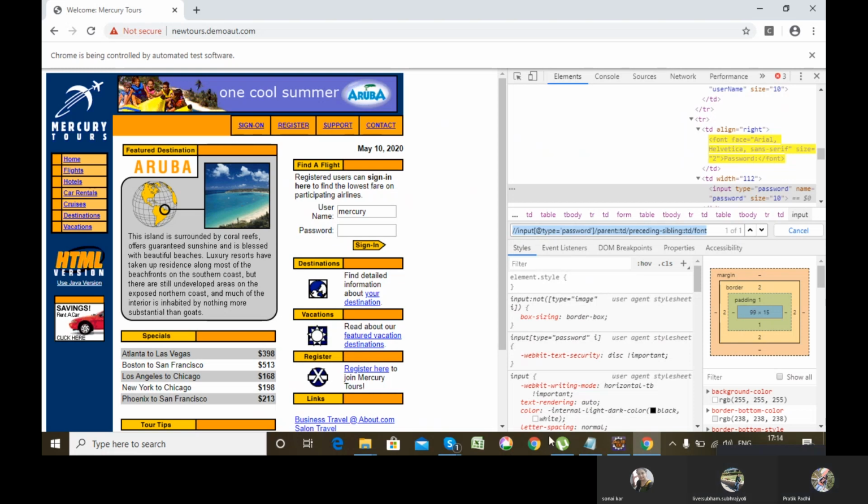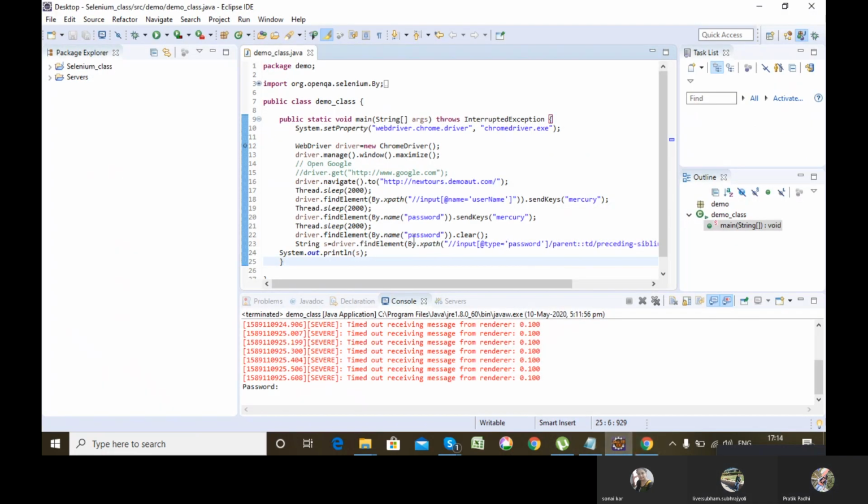So let's see what happens. Let's say for example, this password text box only.